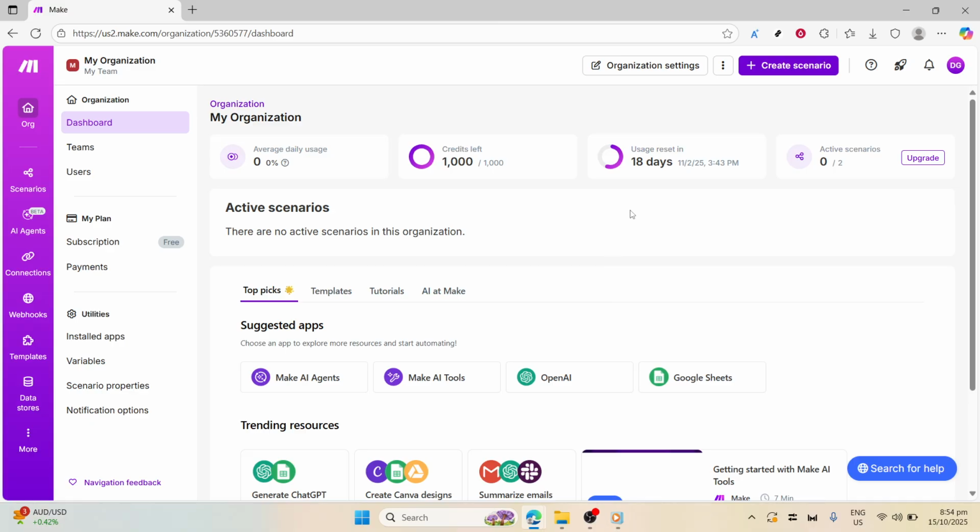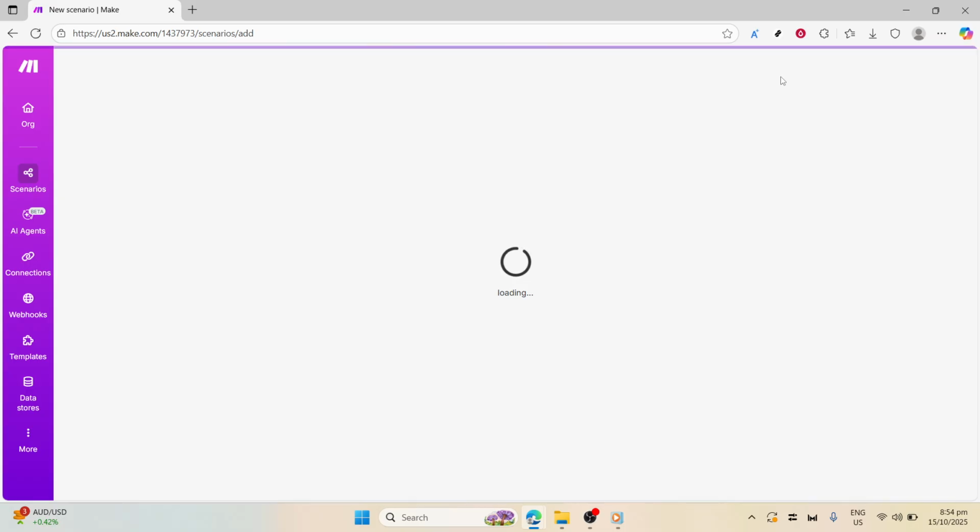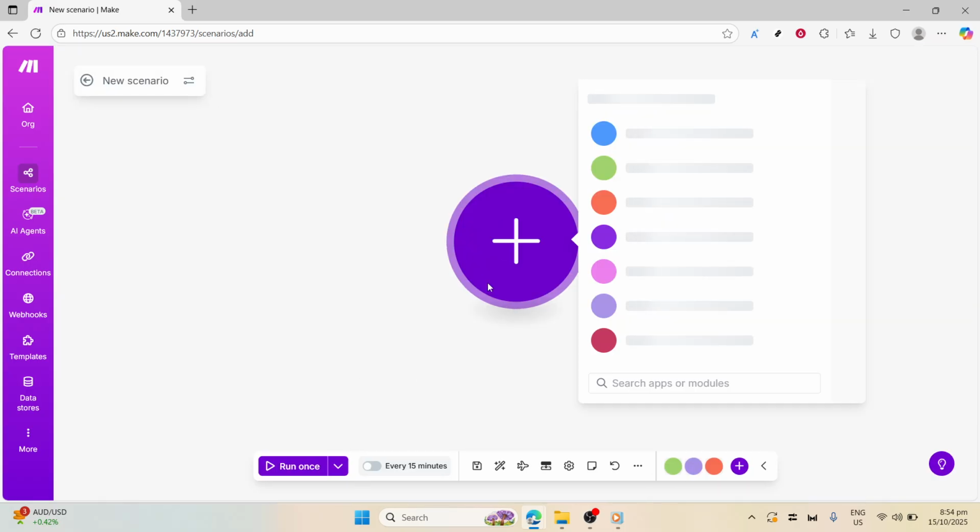First, you need to head over to Make.com and log in with your credentials. Once you're in, you'll be greeted by the dashboard. Look for the option that says Create a New Scenario and click on it. This is where the magic begins. A scenario at Make.com is essentially the blueprint of your automation, setting the sequence in which each app will perform